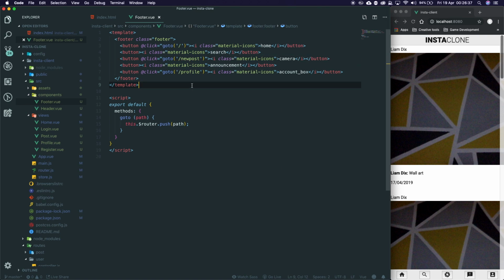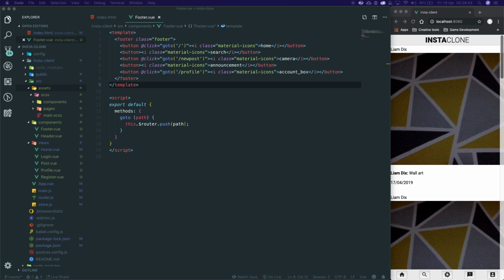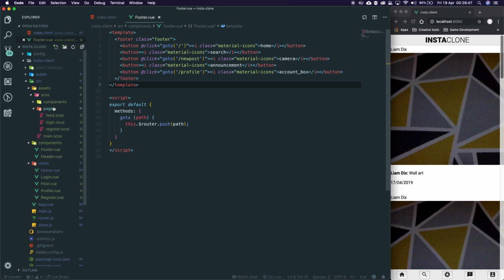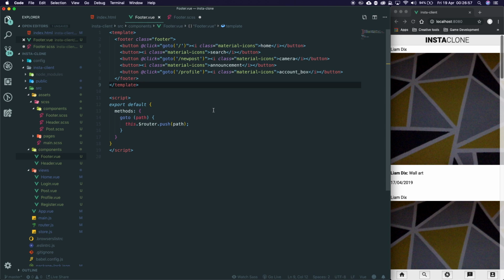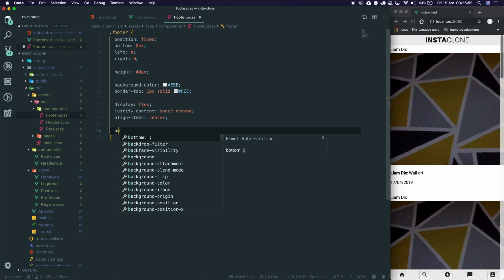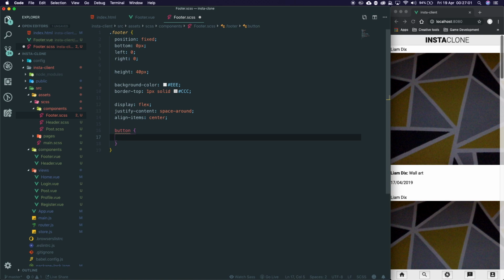Let's head over to our assets, and inside of our assets we want to go to our overall page, maybe. Where will we want to put this? Maybe in our footer component. So in our footer component we want to add in the button style. So we want to go button here, and we're going to say,